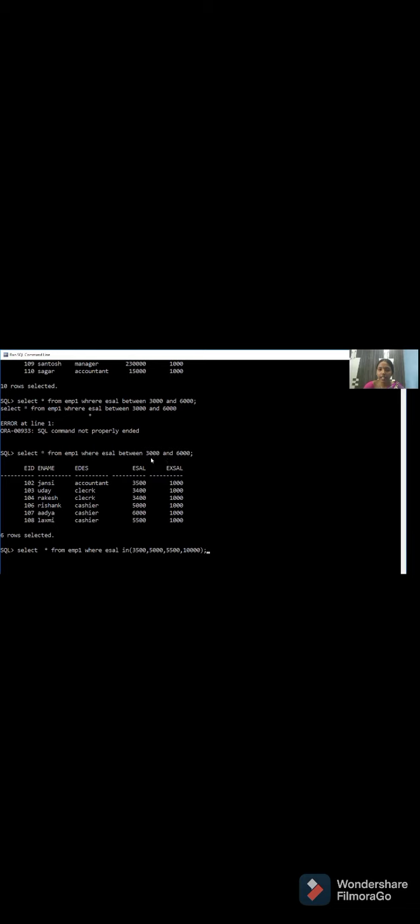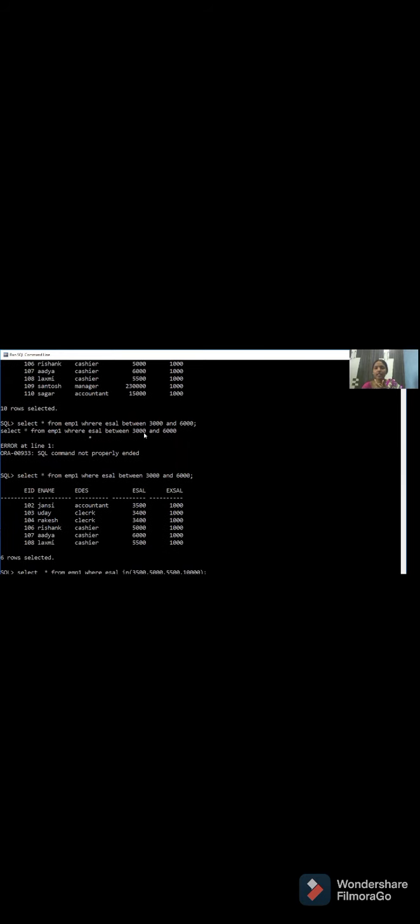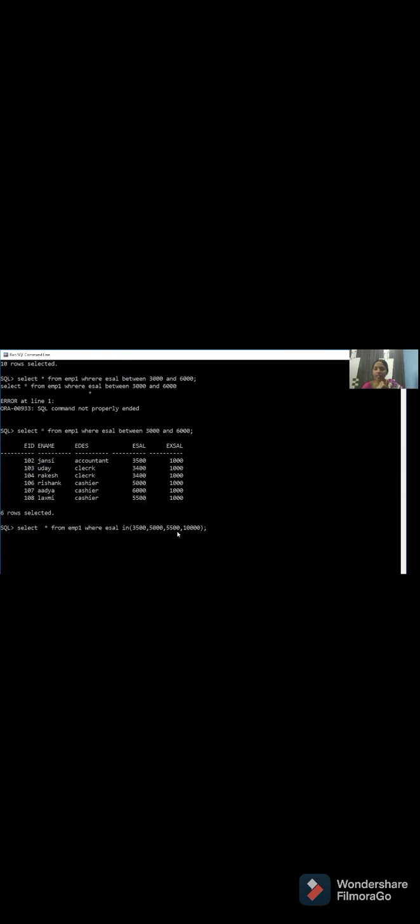In between we are giving a range of values, whereas in you have to provide a list of values. The employee salaries are compared with these four values. If any one of the employee salaries matches with any one of these values, then the particular row will come to your result set. For example, in olden days, how did we check whether you passed or not?